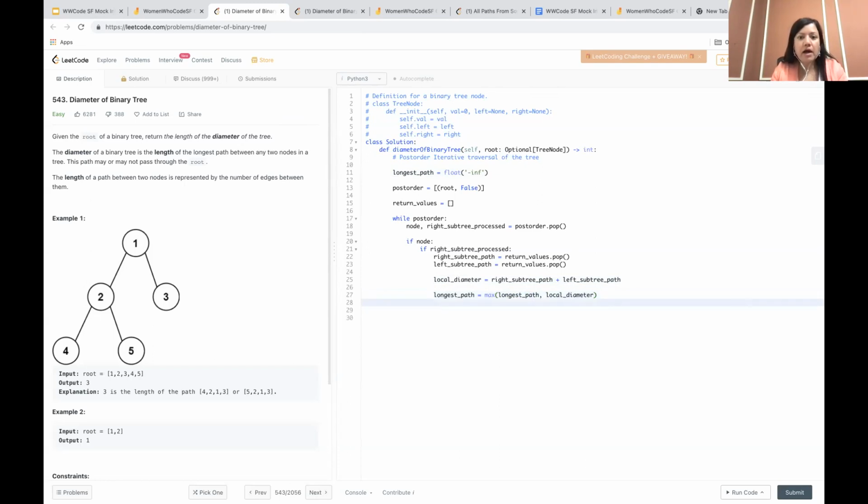And then I am going to push my result onto the stack. So I would append basically a value, and this value would be the max of,